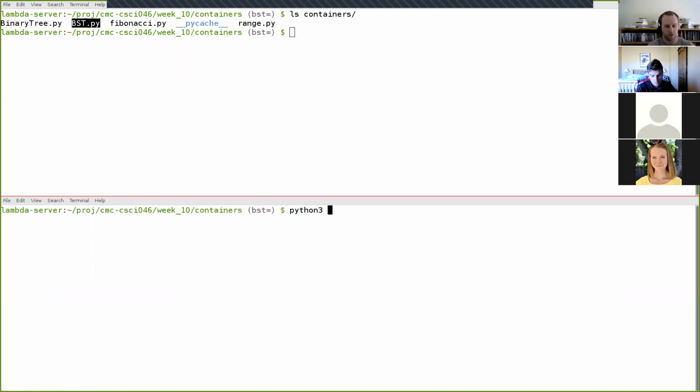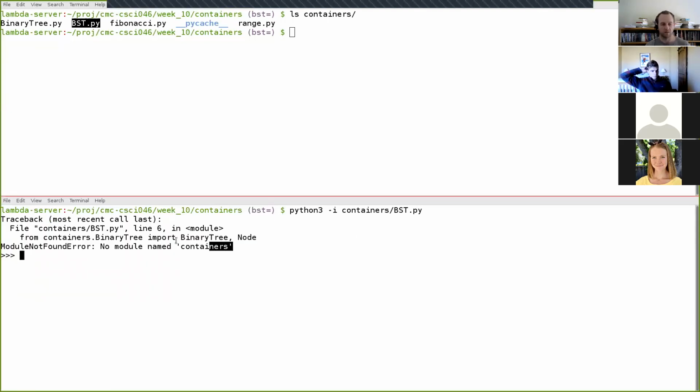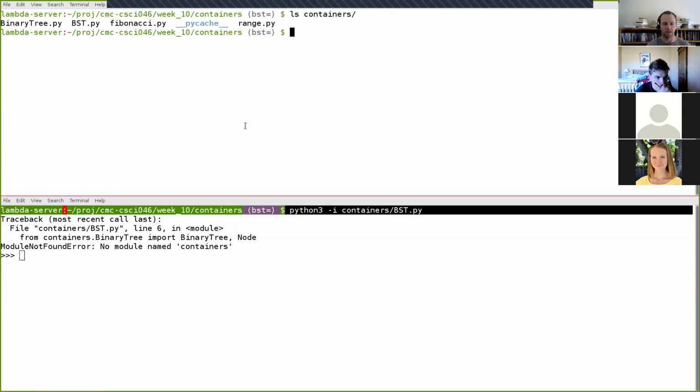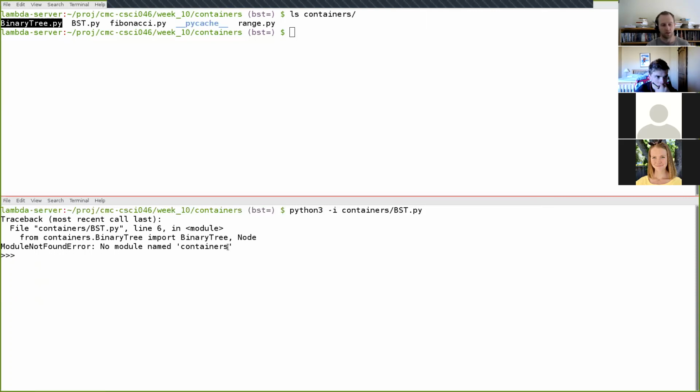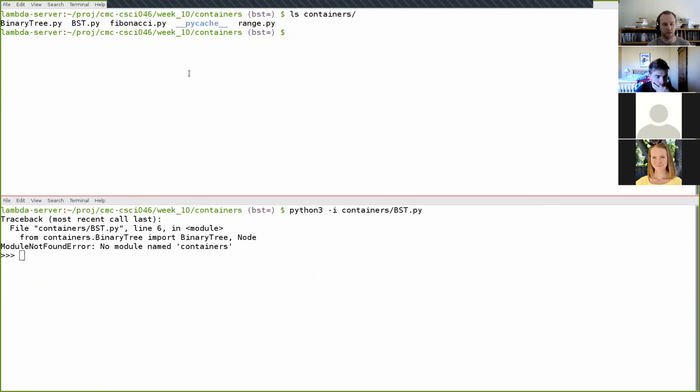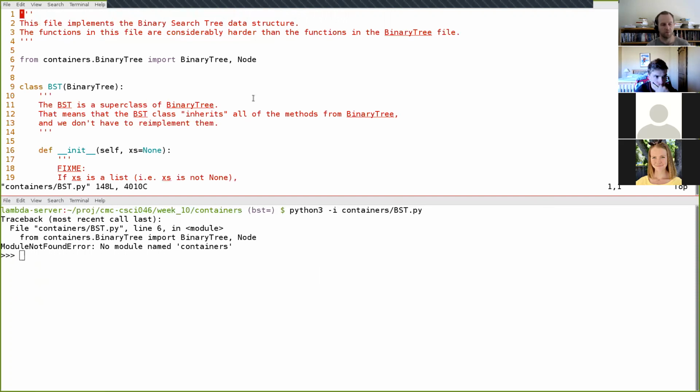Down here, I'm going to do python3 containers/bst.py and do this in interactive mode. If I do this, you'll notice that we get this error message down here. This is going to make debugging a little bit more difficult in this bst file than it is in the binary tree file. In order to see why this error message is coming out, in the top I'm going to open up in Vim this bst file: vim containers/bst.py. The error message happens here on line 6.